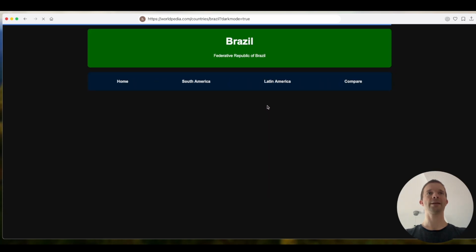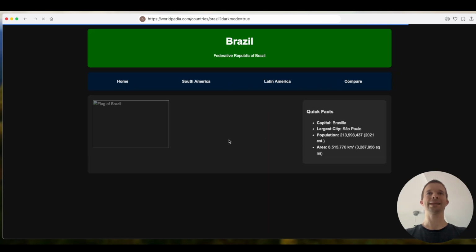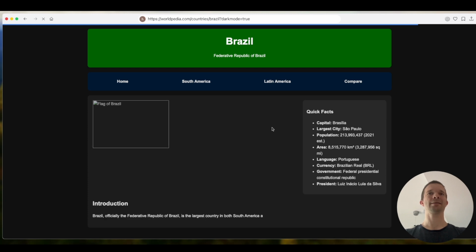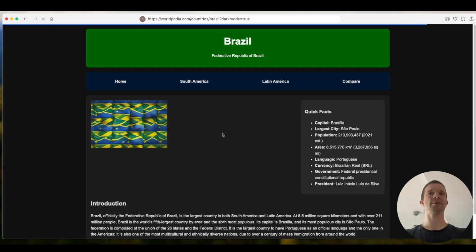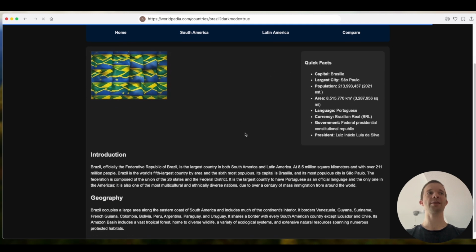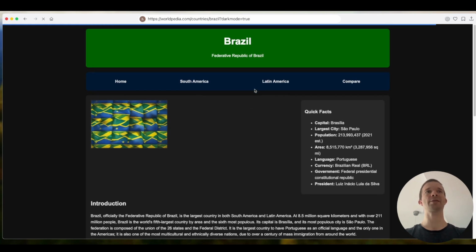Here we are. Dark mode looks pretty nice, and it is in dark mode. We have all the information. It's adding some more information about the country. Pretty nice. This is really great. Now,